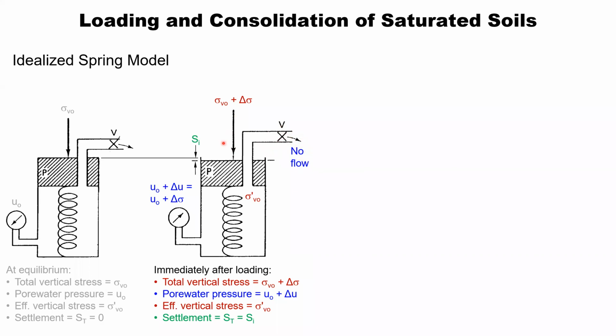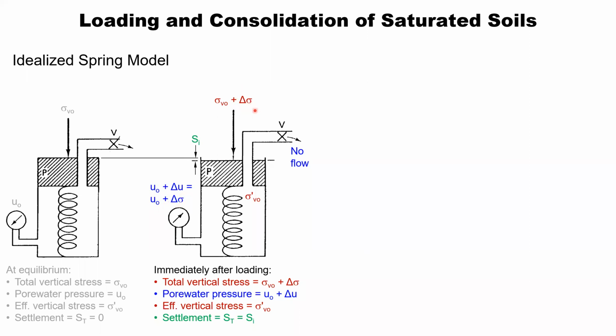As you push this piston down, the piston isn't really going to go anywhere, because the fluid here has a very high stiffness, or low compressibility, compared to the overall soil structure or soil skeleton. As a result of not much water flowing out, the pressure in the water increases as we add that load. So here you see that pore water pressure jumps up to a value of U0 plus delta U,